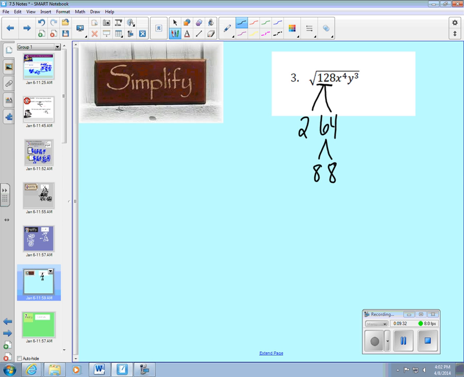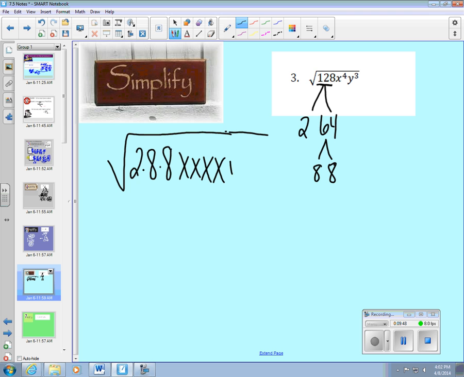Also notice we have 4 x's since it's x to the 4th, and we have 3 y's since it's y to the 3rd. So if we rewrite our radical, we have 2 times 8 times 8. We also have 1, 2, 3, 4 x's and 3 y's, 1, 2, 3. So looking for perfect squares, because we're dealing with that index of 2,